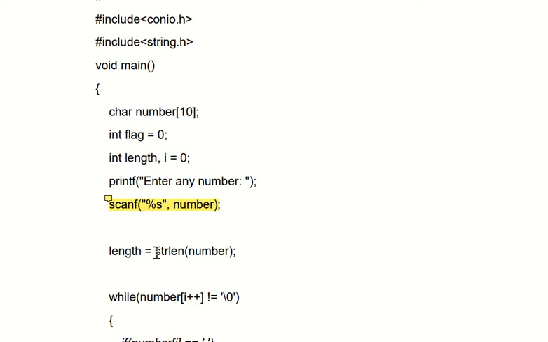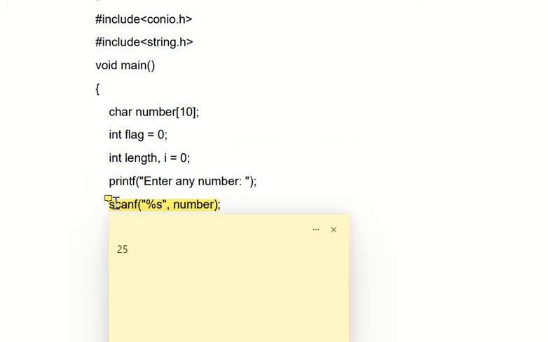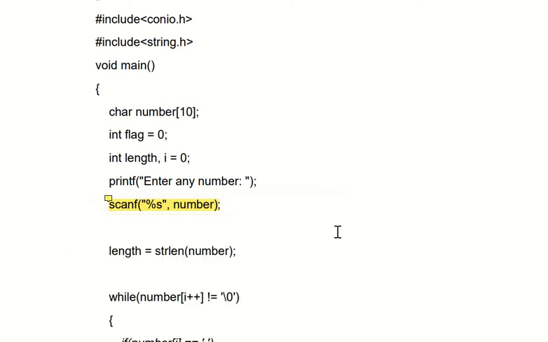So we are finding the string length of this variable, and we are storing the result into the variable length. Right now, in scanf, the number which we have entered, our assumption is 25. So obviously the length is 2, because 2 and 5, so the value of length will be equal to 2.